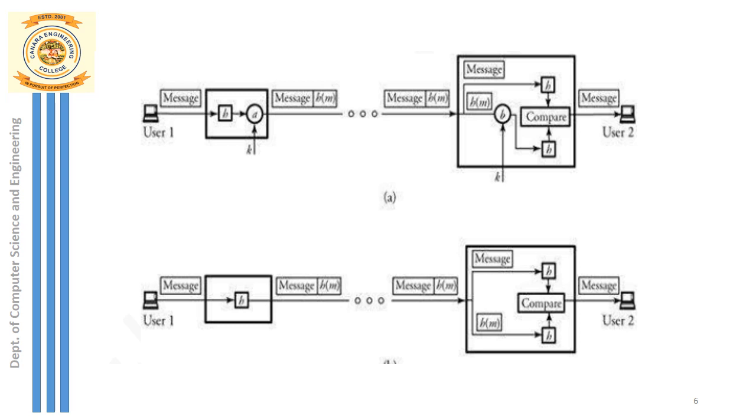So here we consider user 1 and user 2. User 1 wants to send a message to user 2, and before he transmits the message, the sender will calculate the hash value by using a hash function with the message as the input. Before transferring the message and the hash value, the hash value will be encrypted using a key, and that will be added along with the message. So this message and the encrypted hash value will be transmitted towards the destination.